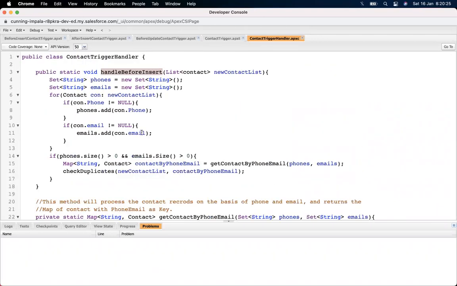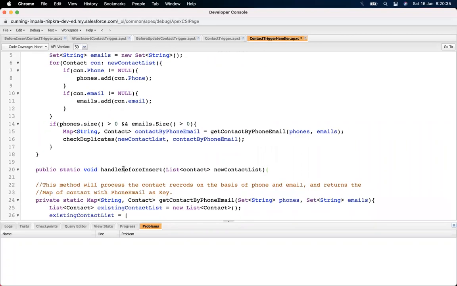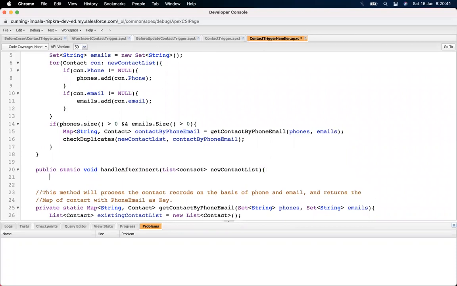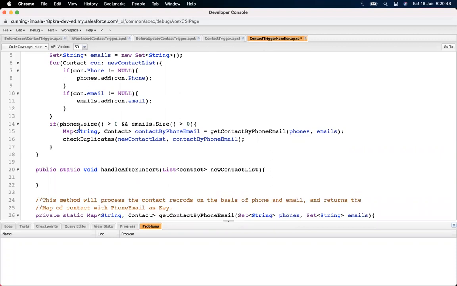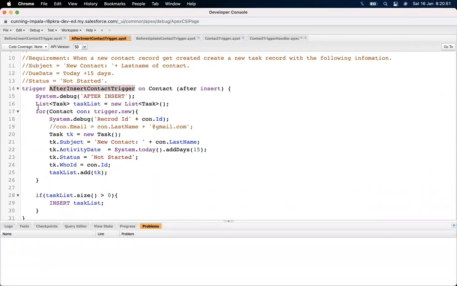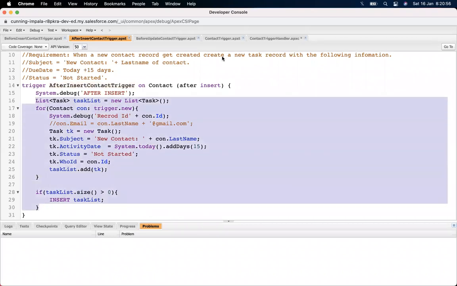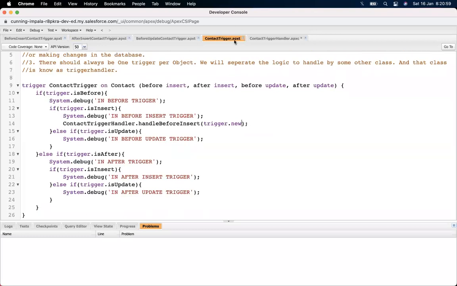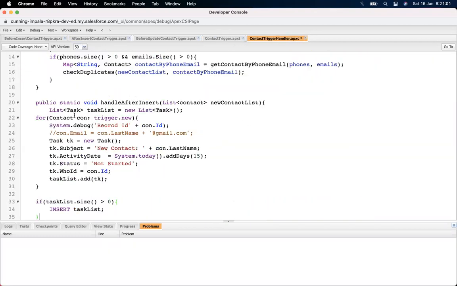Okay. Now we can do one more thing. We can merge the after trigger. For the after trigger, we need to do the same thing. We need to declare a new method called handle before. Instead of handle before, let's call it handle after insert, so that the method has a meaningful name. It will also accept just like the before insert, and our job is the same. It's quite simple. I will just copy it up here and paste it here.